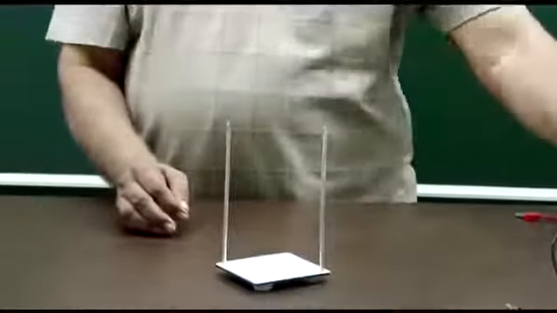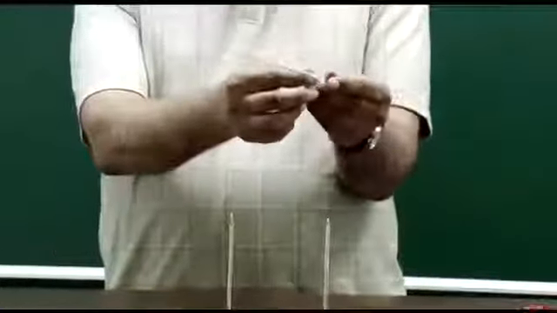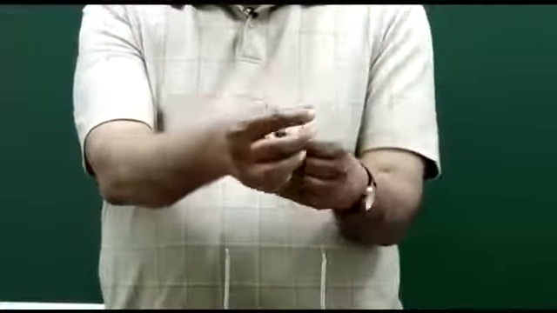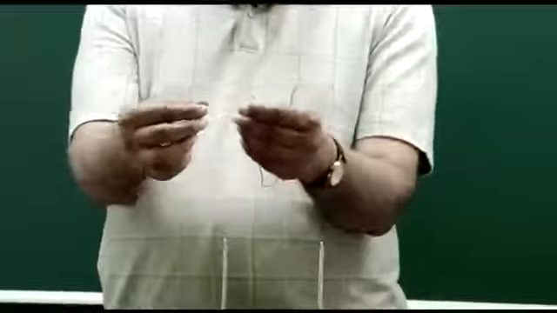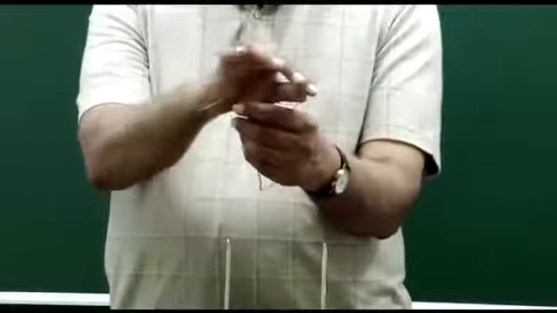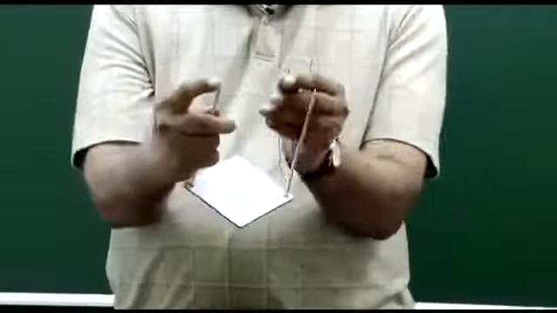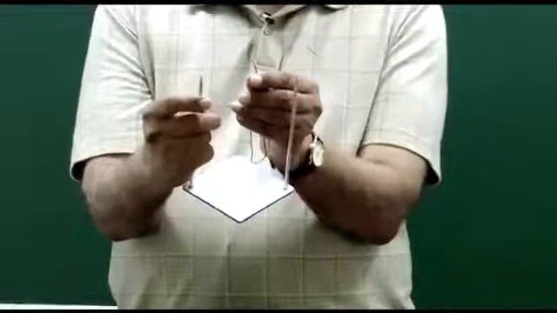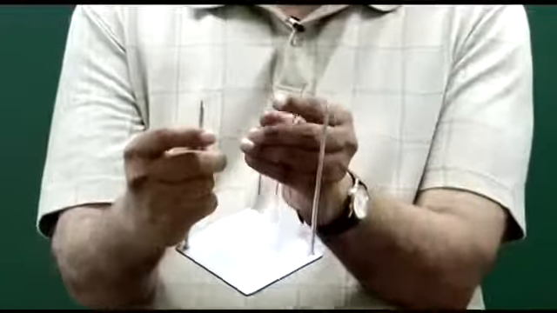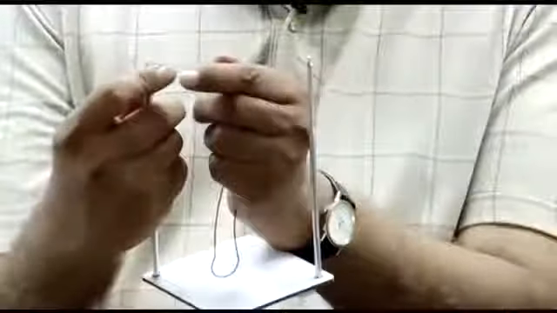Then we have an enameled copper wire, and the enamel has been removed from the two ends. In these stands you have these holes at the top, so the wires can go here in the hole, and once they are in place,